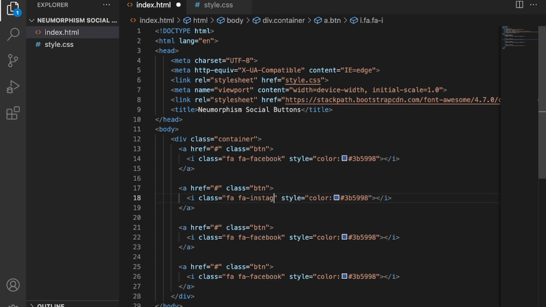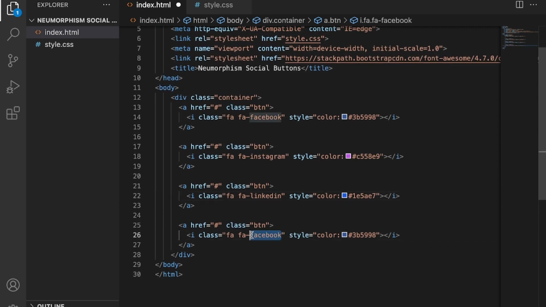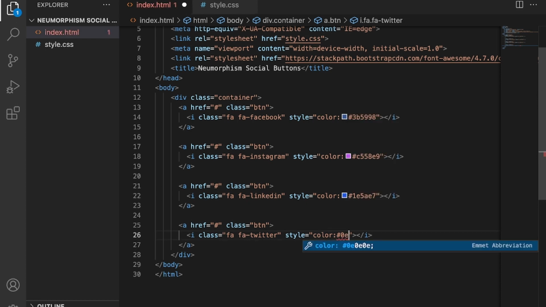Here I will write Instagram and change the color to C558E9, and here I will write LinkedIn and change the color to 1E5AE7, and at last I will write Twitter and change the color to 0E768.